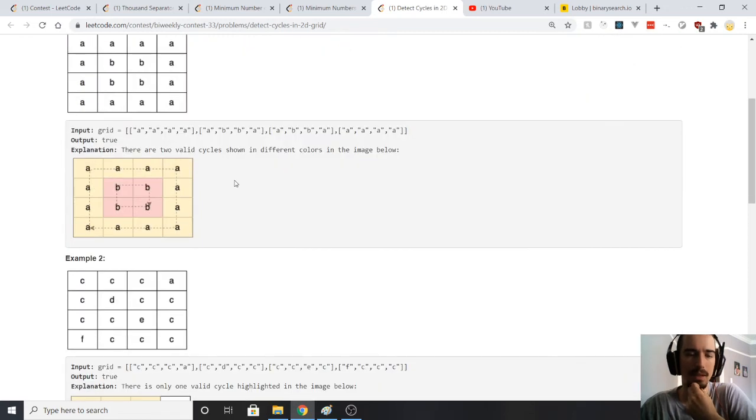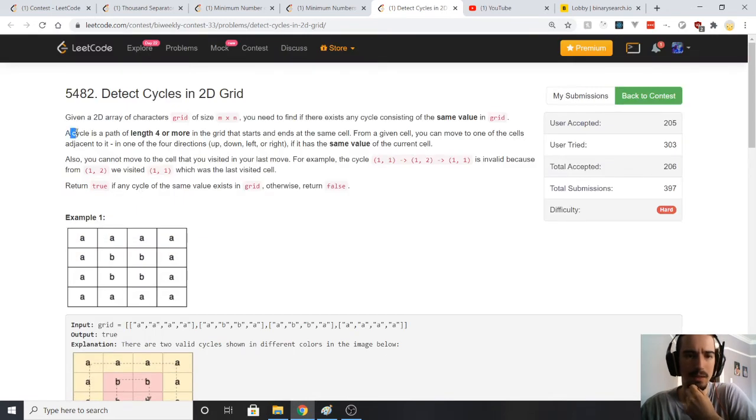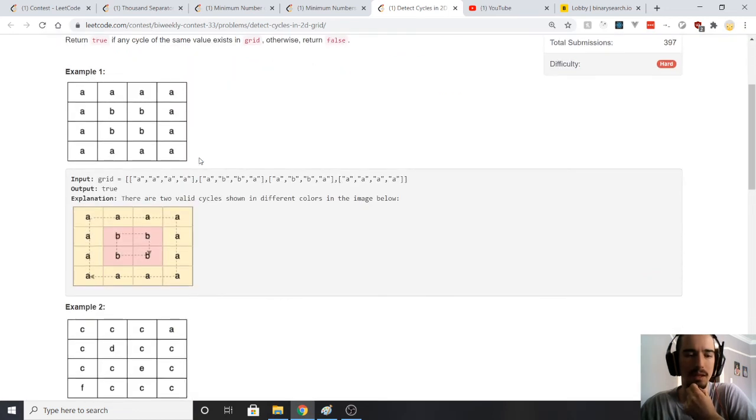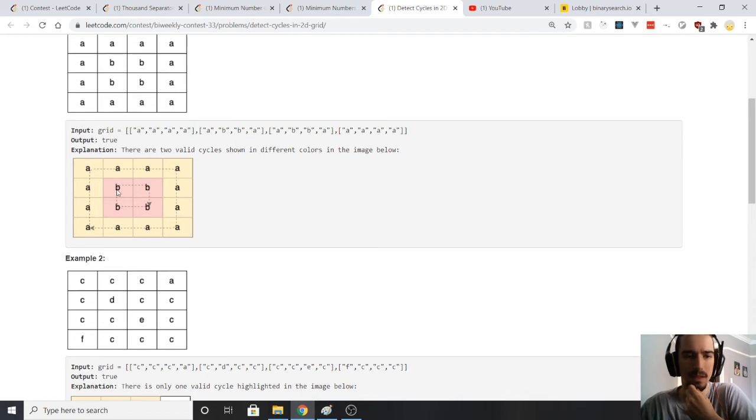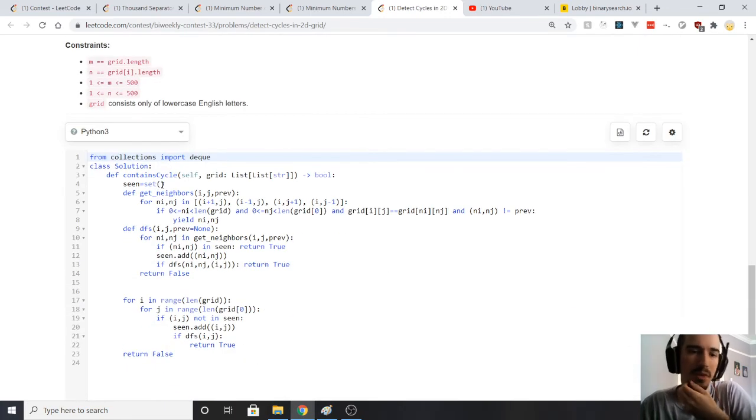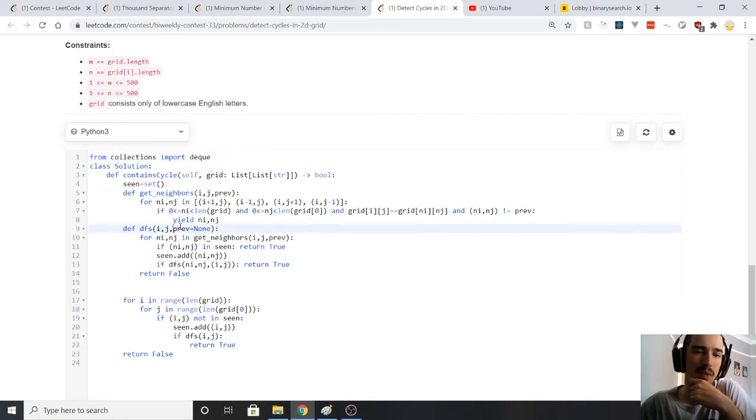So I think the key insight here is that what they mean by a cycle is path length 4 or more, it means you can't really go back from where you came from. The smallest way to make a cycle where you don't go back on the same path you came from is to do a square like this that is of size 4. So if we just do a search and say that we can't go back to where we came from,